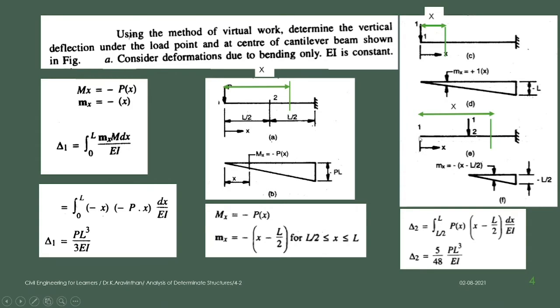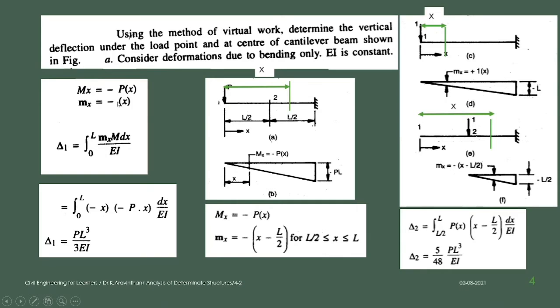So let us take this as the origin, that is 0, 0. From here you can stretch the distance. Since we need the deflection at the second element, this is 1 and 2, which is one element, and 2 and 3 which is the second element. So we have taken the moment at the second element, that is from the origin it is L by 2 to the distance of L. Hence the limit here is written as L by 2 to L.